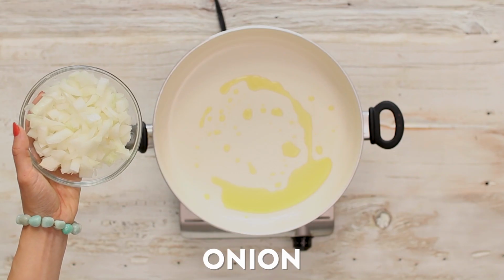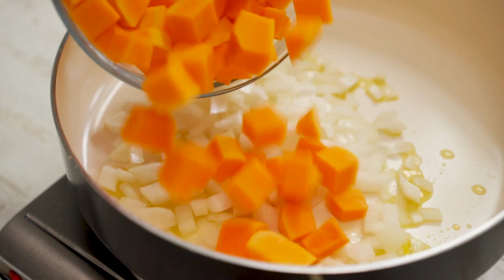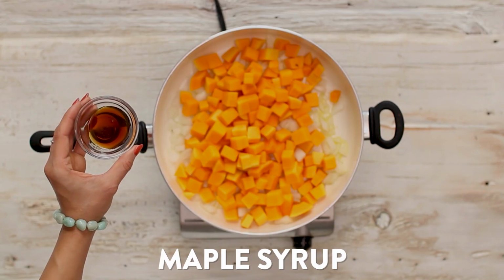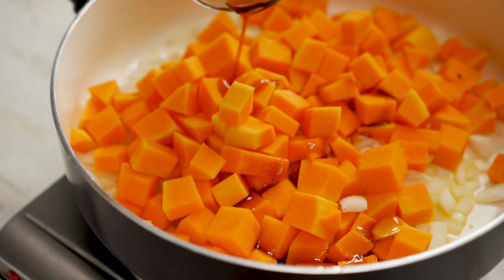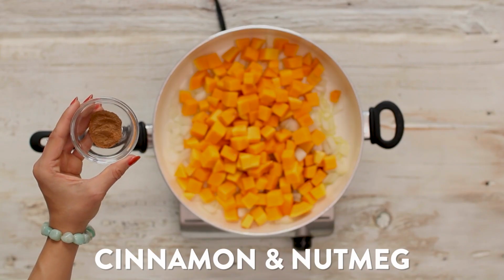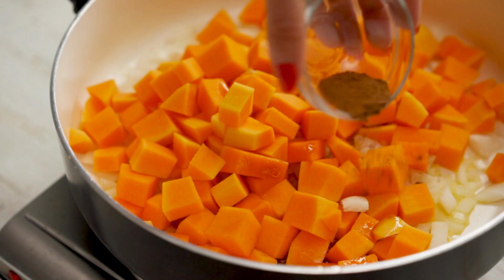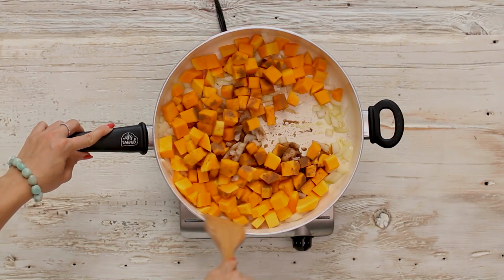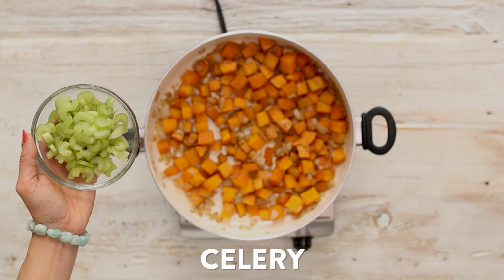To this, we're gonna add some onion, peeled and chopped pumpkin. You can also use squash. Maple syrup for sweetness. It's gonna give such a delicious sweet flavor that really complements the squash or pumpkin. And for spices, I have some warming cinnamon and nutmeg, which just scream fall to me, and they go really well with the pumpkin. I'm gonna saute everything for a few minutes, and then we're gonna add in some sliced celery,